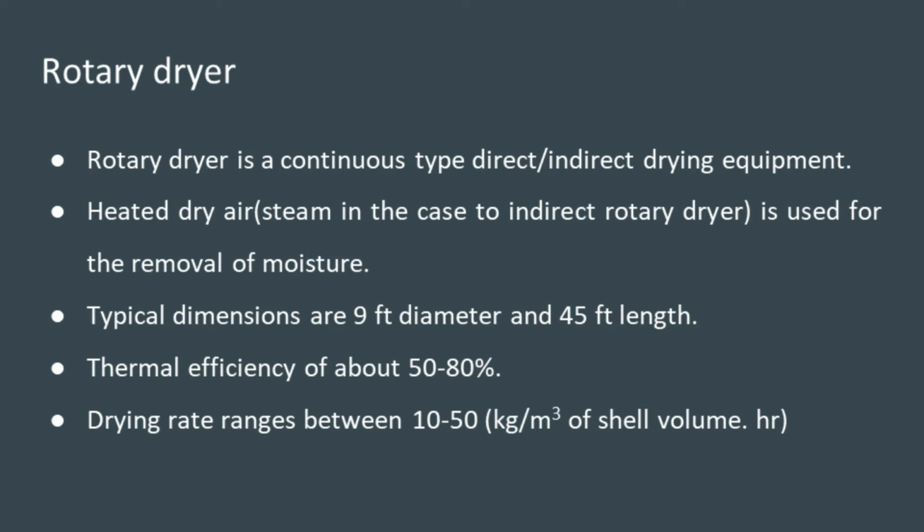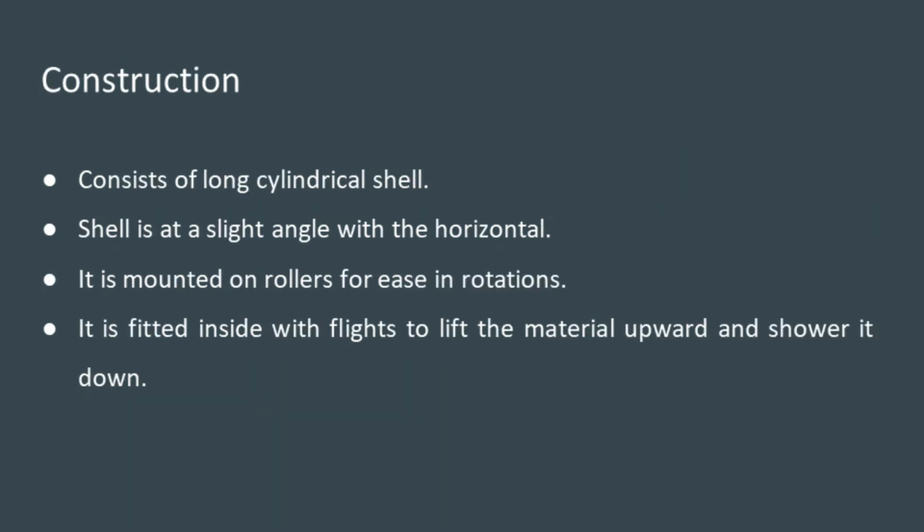Typical dimensions of a rotary dryer are 9 feet diameter and 45 feet length. Thermal efficiency of this type of dryer ranges from 50 to 80%. Drying rate ranges between 10 to 50 kg per meter cube of the shell volume per hour. Construction of rotary dryer. It consists of relatively long cylindrical shell